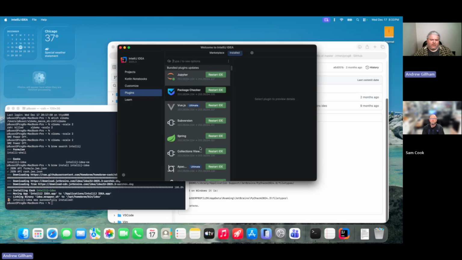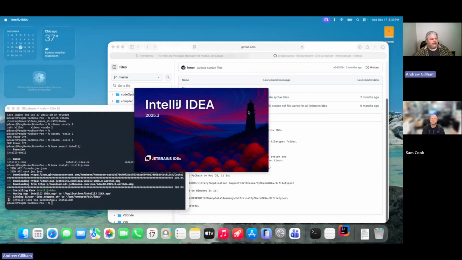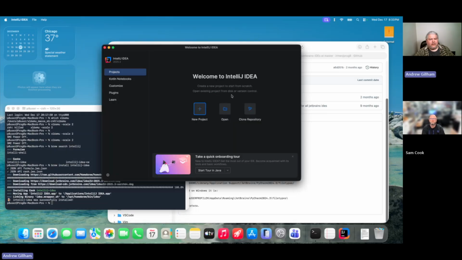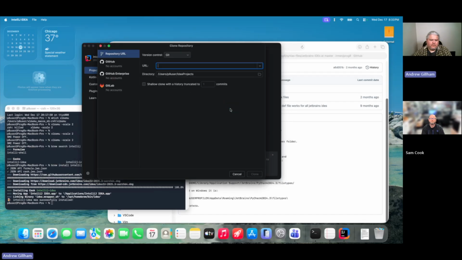Now that that's downloaded, we just click Restart IDE, and it's going to restart it, update those plugins, and we'll be ready to go. So now that we're here, we want to clone a repository. So we'll click clone, and if you have a GitHub account, you can click on this link and you can